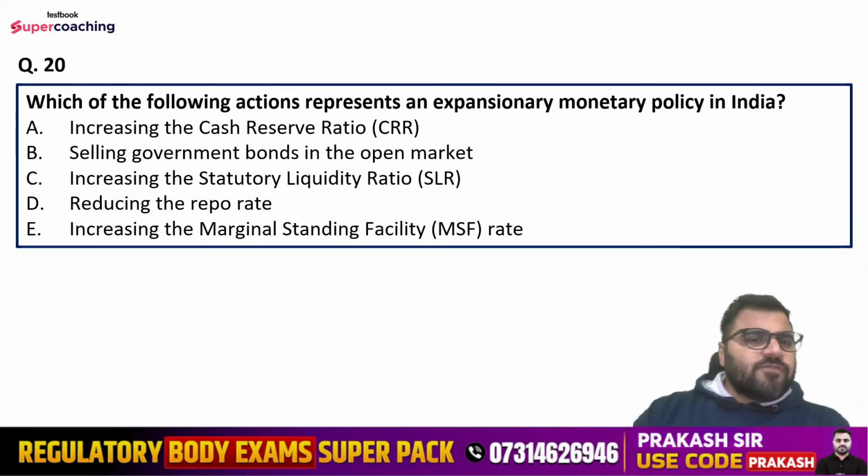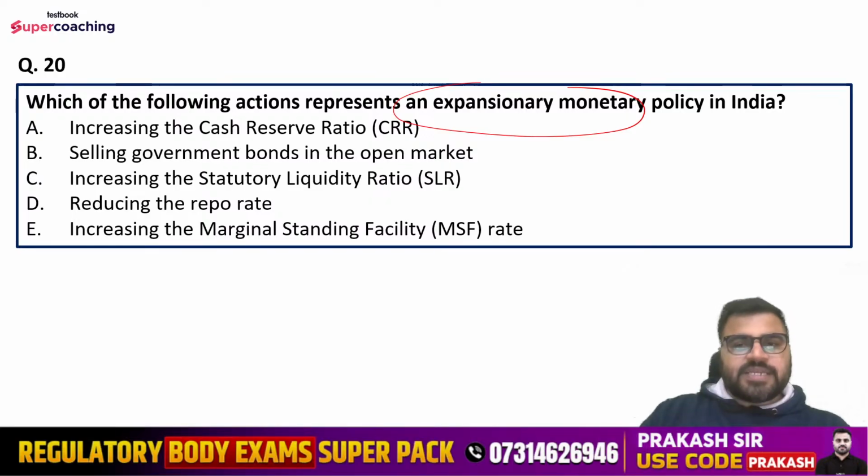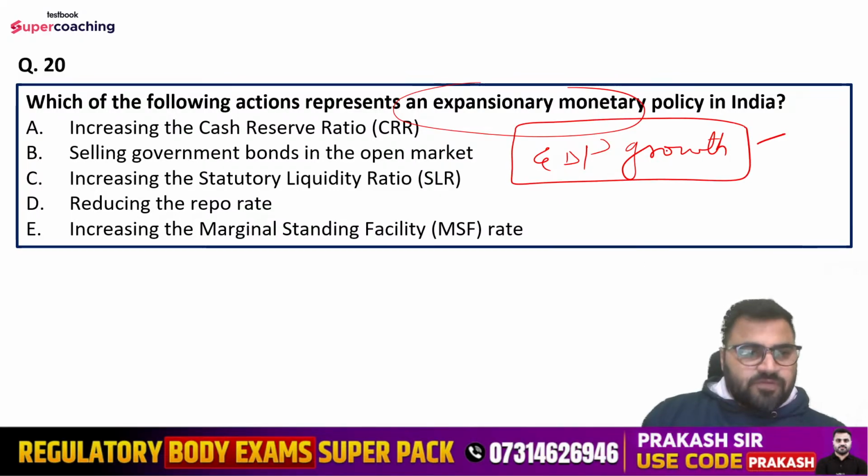Question number 20th is which of the following actions represents an expansionary monetary policy in India? Options are increasing the CRR, selling government bonds in the open market, increasing the SLR, that is statutory liquidity ratio, reducing the repo rate, and increasing the marginal standing facility rate. बताइए इनमें से कौन सा एक्शन जो है वो एक्सपेंशनरी मॉनेटरी पॉलिसी को रिप्रेजेंट करता है।